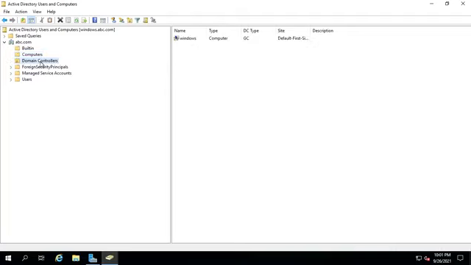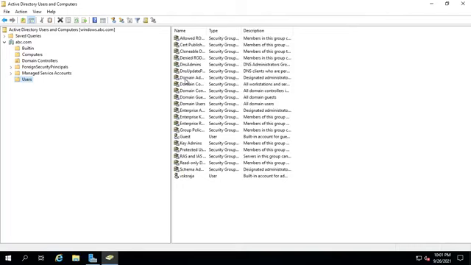And this is Domain Controllers, only for this system. Then Users, which has default user information. This is a built-in administrator account. A double head icon is a group icon. A single head icon is a single user icon.